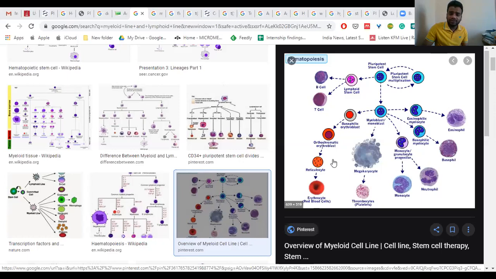So you should understand one thing first: the final cells are smaller in size than the precursor cells. The final cells are more functional. They are more differentiated and highly specialized than the precursor cells. That means this cell can do the actual function, more than these cells. So you need to keep these two things in mind, because in cancer, in leukemia, what we'll see